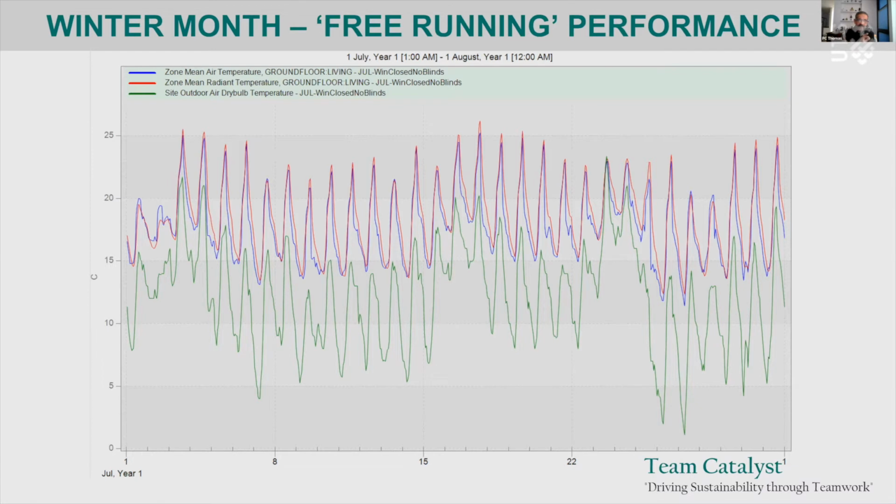And what it's telling me is that they are not too far apart, so my design is reasonably robust. If there was a big difference between the two, then I'd start to worry, okay? And what's even more interesting is that the radiant temperature, what I feel, when it's the coldest part of the night, is actually a little bit warmer than the air temperature, which is a good design, right?